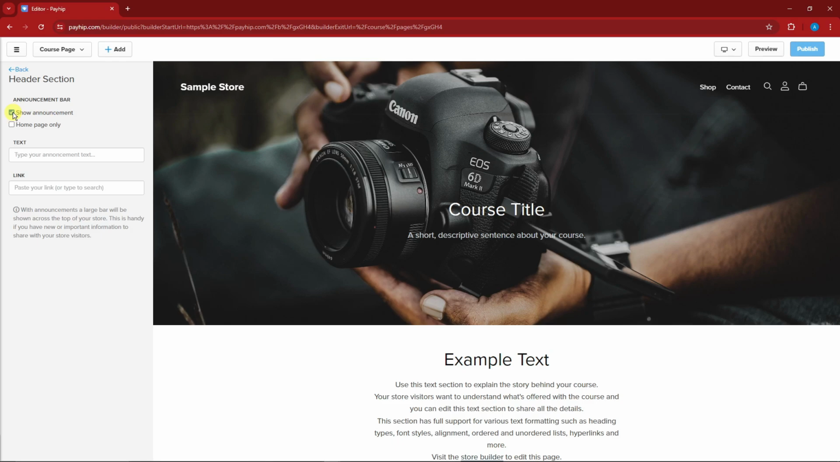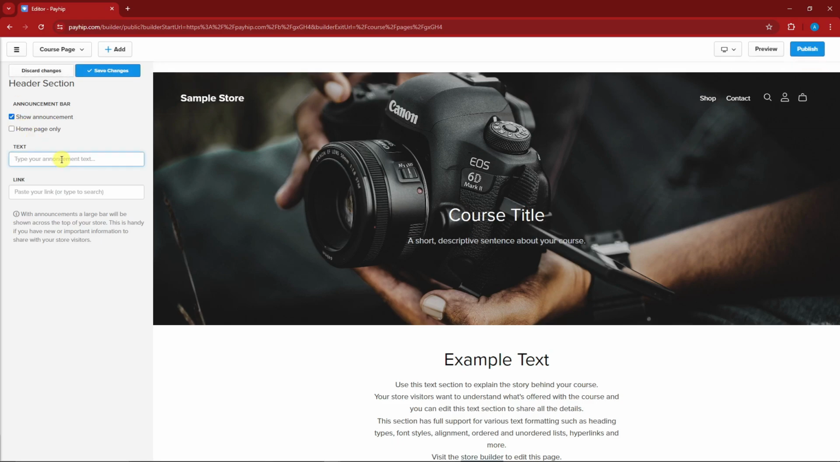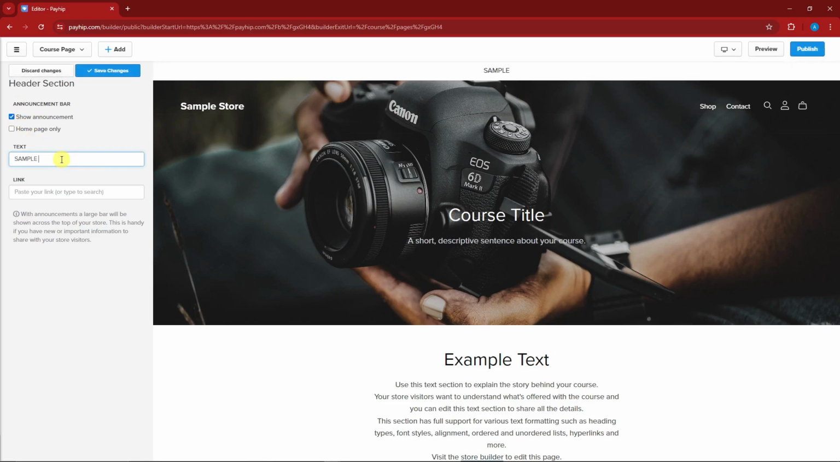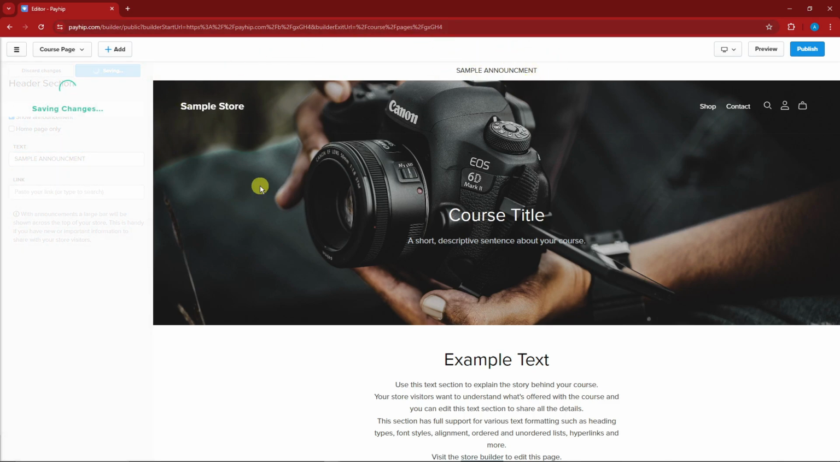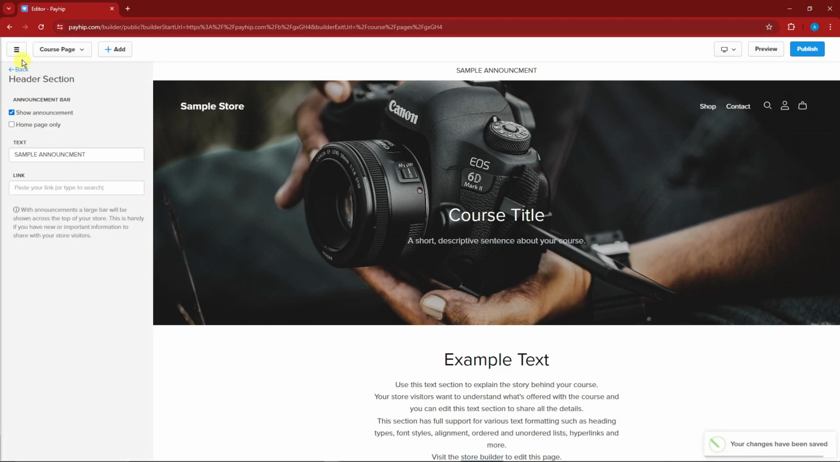If I click on show announcement, I'm going to type this one, sample announcement, something like that. As you can see, there is an announcement button right here. I can see the changes with no problem at all. Going back on the course page,